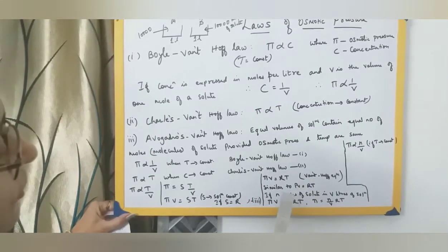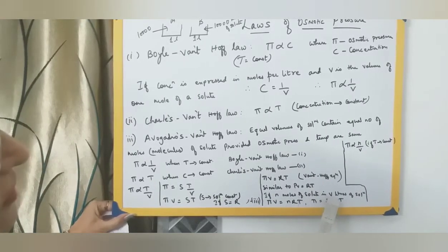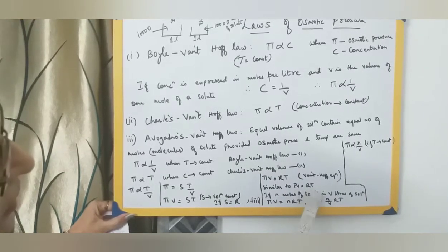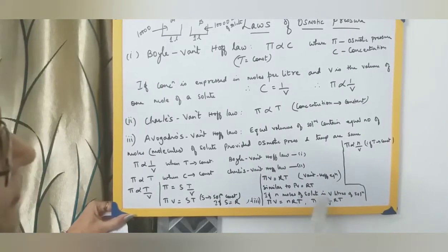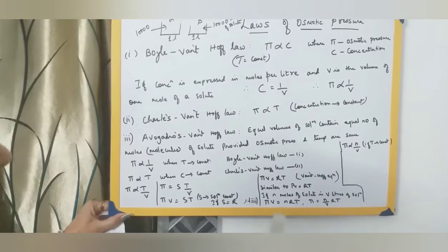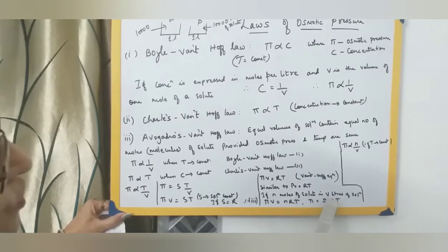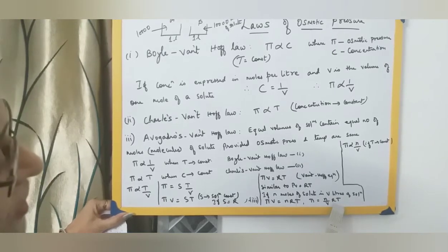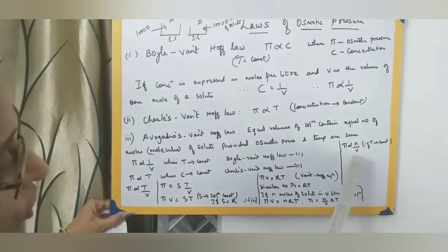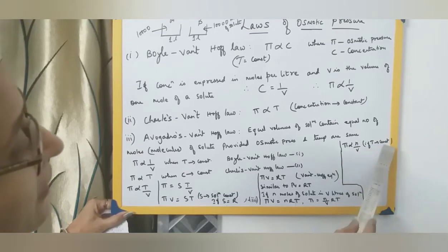Now this equation is similar to PV is equal to RT, and if there are n moles of solute present in V liters of the solution, then obviously πV is equal to nRT, just as PV is equal to nRT. Here n is the number of moles of the solute. Therefore π is equal to (n/V)RT. If R is a constant and T is also a constant, then osmotic pressure π is proportional to n/V at constant temperature.